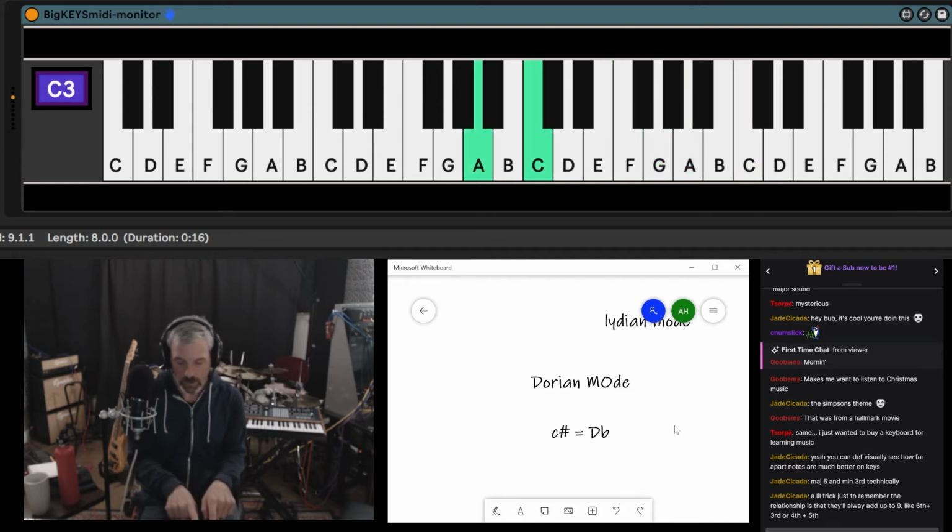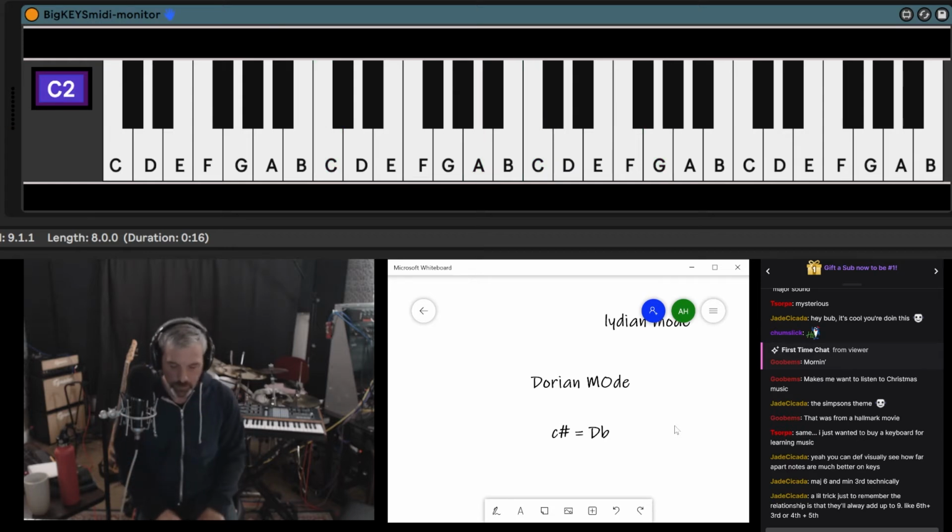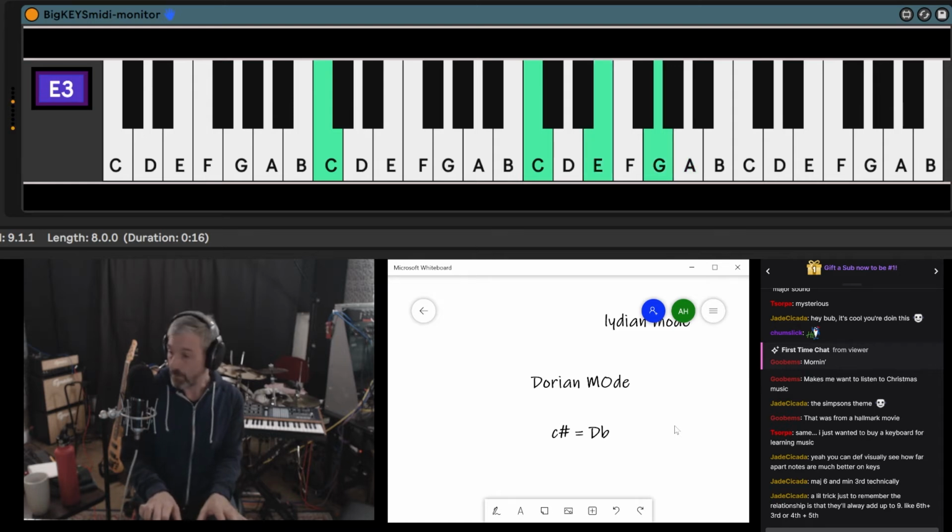So you can kind of interchange thirds and sixths in a really pretty way. Sixths sound really nice as a melody note. And it's part of